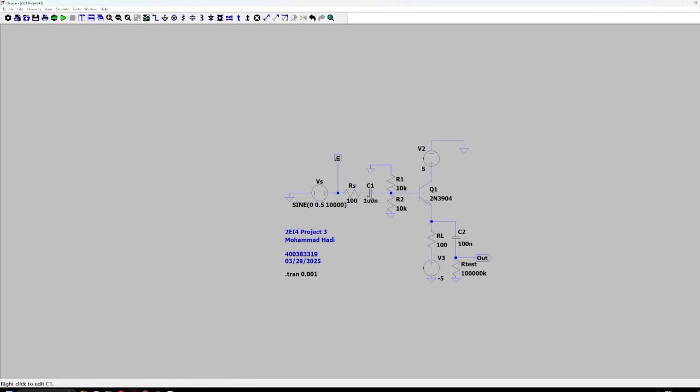As you can see, we're hit with the 100 ohm resistor, which connects to a 100 nanofarad capacitor, and then at this node there are two 10k resistors, both of which are in parallel, and they both connect to ground. And then we are at the base of the BJT. Then on the collector there is an input voltage of 5, and that connects to ground. And then at the emitter